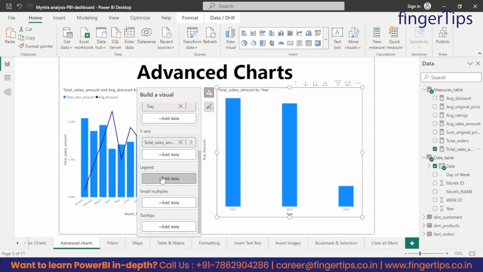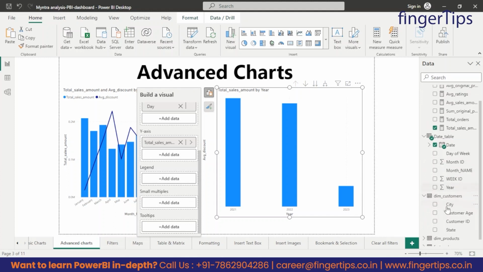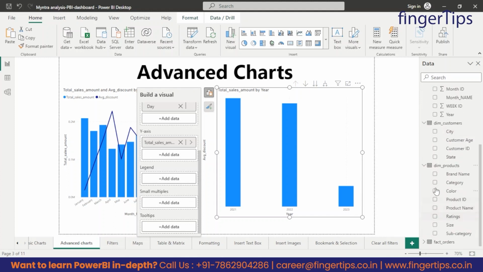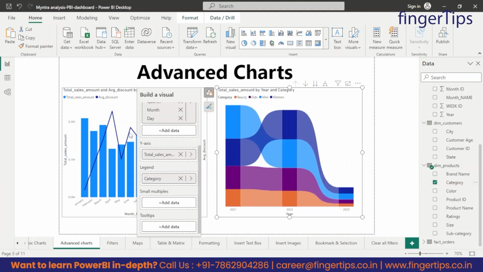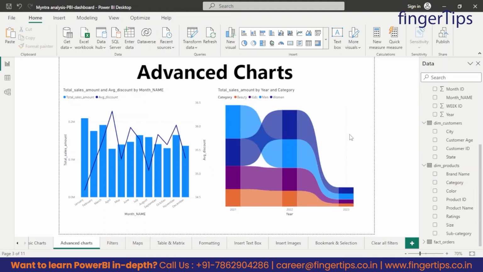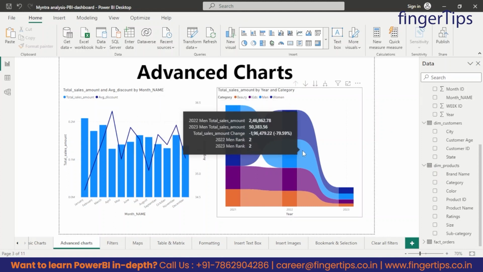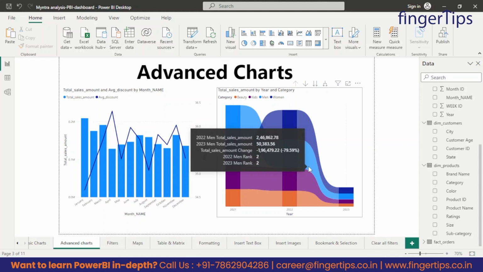And in legend we will drop category. Category is in the dim products table, so we will drag and drop category. Legend means it will distribute color wise, right? So guys, here you can see it's a beautiful chart which represents total sales category wise, or we can say